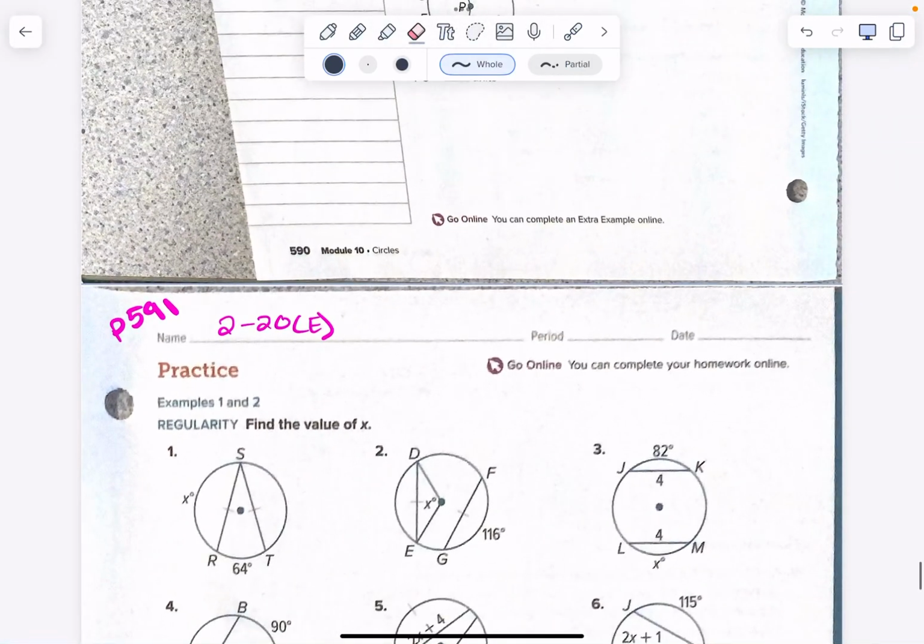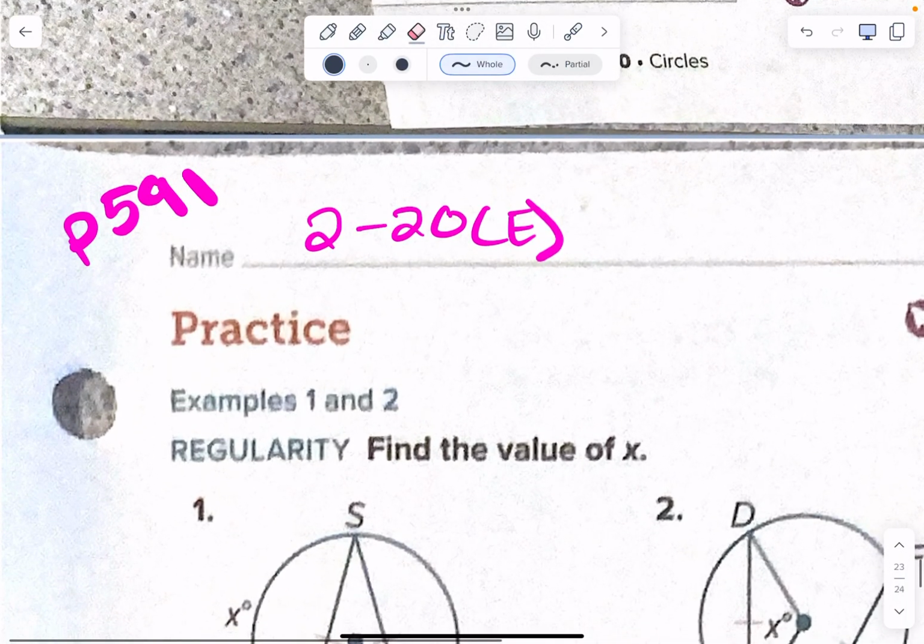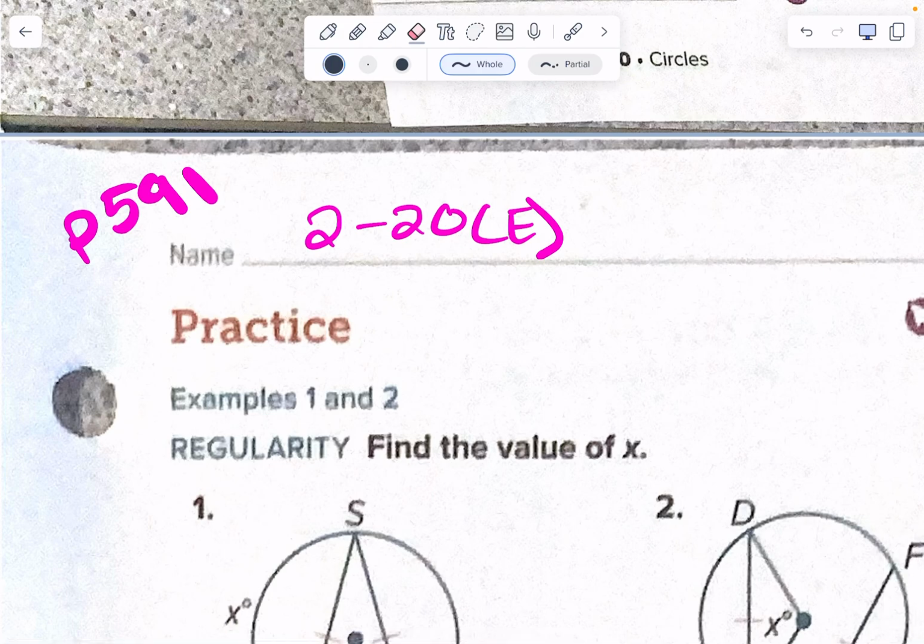Okay, we are in 10-3. This is the homework assignment for 10-3. If you guys want to write that down. Right. 2 through 20, the evens. This is for Olivia and